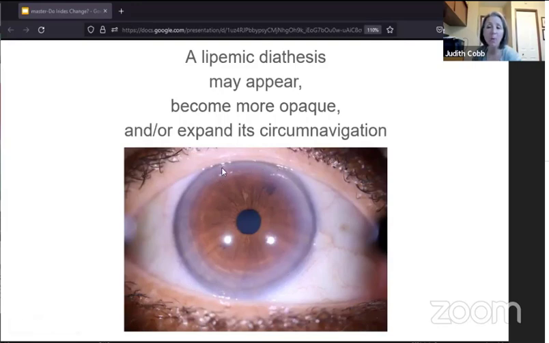It may become more opaque. It may start out just as a little edge and gradually get wider and move its way around and totally circumnavigate the eye. The age of onset is what's most important here, because this can also be aging of the cornea. So if we see the edge of one of these developing and the person's only in their 20s, we're going to have a conversation about their lipids,